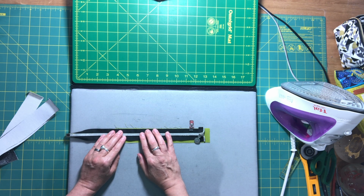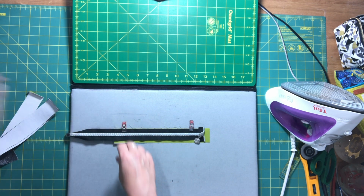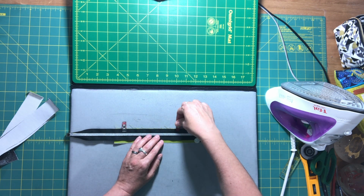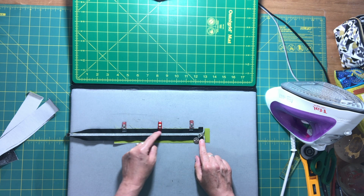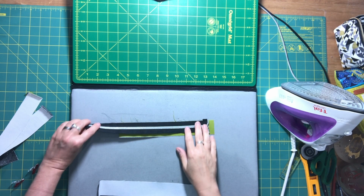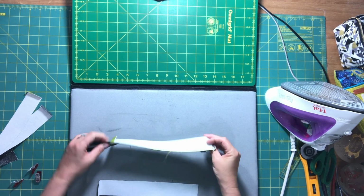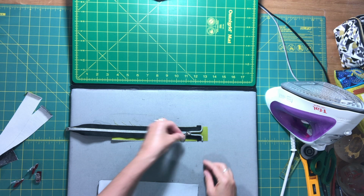And then pin or clip your zipper along the rest of the edge here. And now go over to your machine, and you can just do a quick basting stitch with 1/8 of an inch seam allowance. Okay, so the zipper is basted to this piece, and I'm going to just pull down a